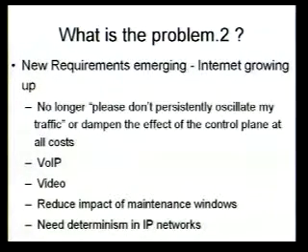So what are some of the new requirements emerging? Well, when I first started writing code for routers, it was, Dave, please have your software stop oscillating traffic through different links as they're coming up and down, or just because your software is broken, can you please stop oscillating traffic wildly through my network? We think we've solved many of those problems. As long as it's still software and as long as I'm still writing it, one never knows what might happen, but we're really trying to cut down on these persistent long bugs that are actually destroying our ability to converge networks quickly. Voice over IP is the obvious service that many of you are trying to roll out, and we're trying to be able to build networks with you that can do that.